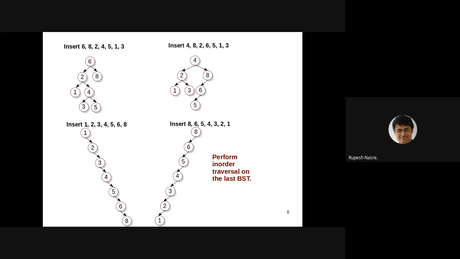This will create a skewed tree. Andrea says the root equals null, then root arrow val equal to value. Again, before dereference, we have to make sure that it is non-null. So some memory allocation might be required. Otherwise, RR equal to root while RR. If val is less than RR arrow val, RR equal to RR arrow left. That is correct. Else, RR equal to RR arrow right. That is correct.